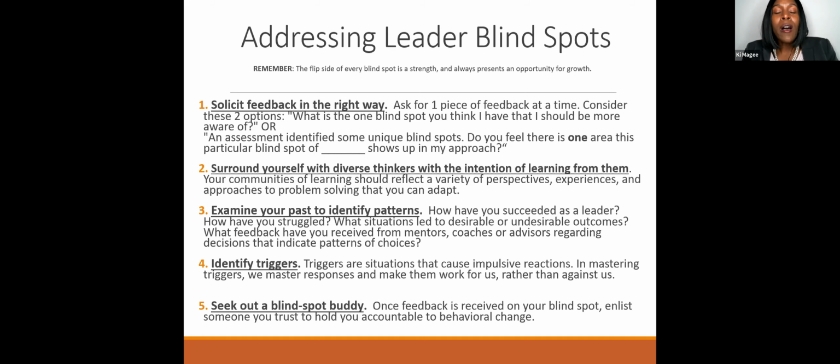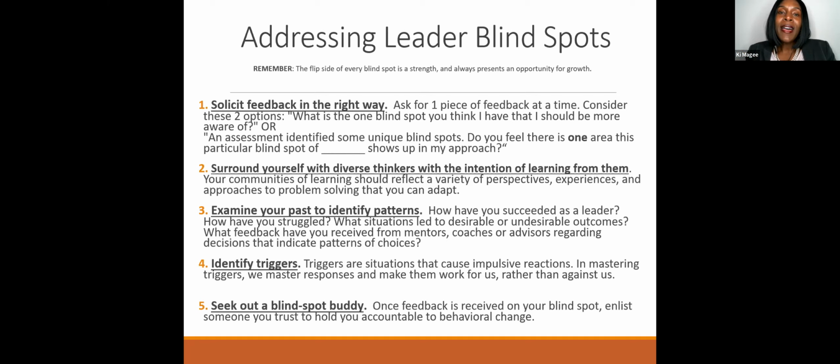So let's say you're also a leader and you're trying to figure out, what can I do personally to increase my awareness? So, soliciting feedback the right way. Ask for one piece of feedback at a time, considering talking with someone that you trust. Also surround yourself with diverse thinkers. It will likely show up and they will provide you that feedback. So having the confidence to surround yourself with people that may have a different opinion may help to broaden your